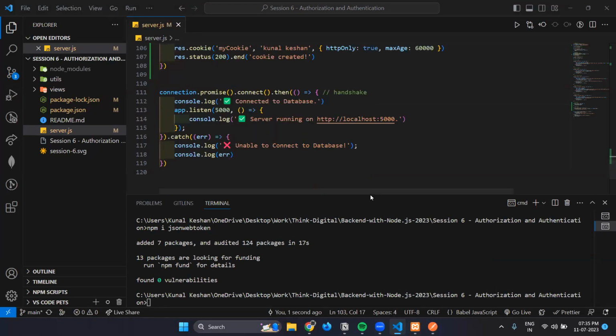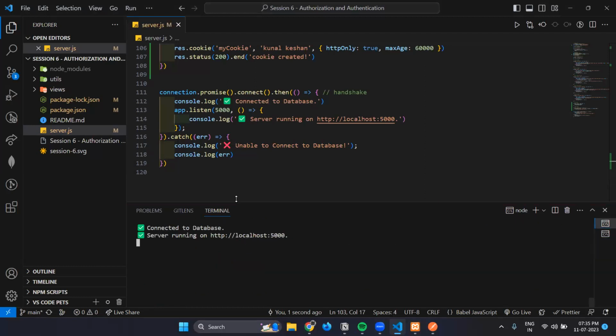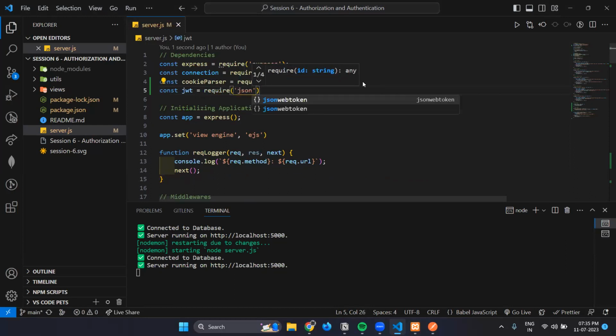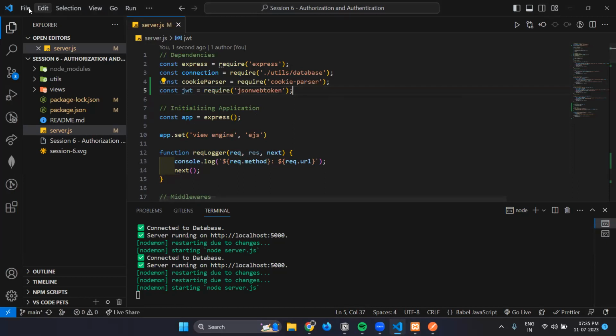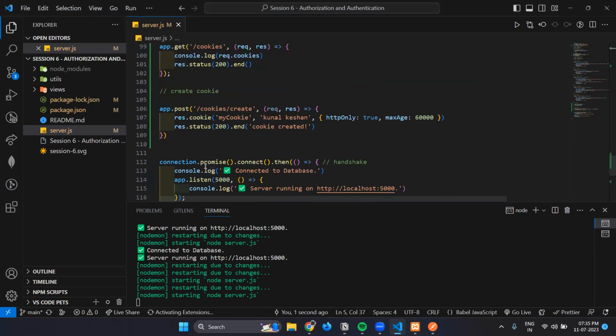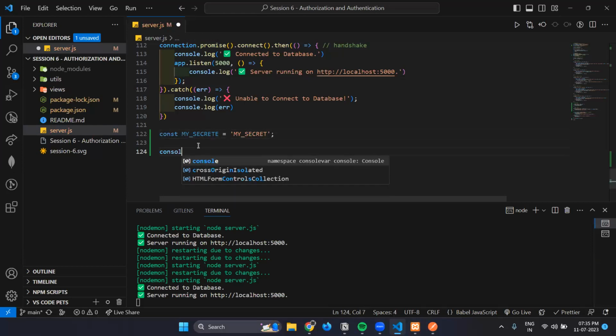Okay. For now, I'll just not create a request to it. I'll just do it directly in the server since it's being consoled here. Okay. JWT, JSON Web Token. I'll just create something called my secret equal to my secret sort of thing. And let's just do console.log